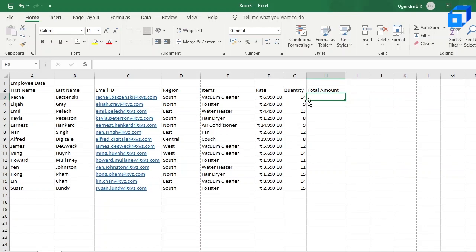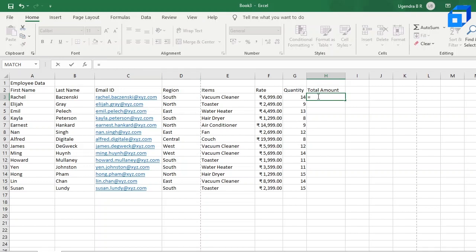Now to calculate the total amount, we need to multiply the rate with the quantity. That can be done easily using Excel. To use any particular calculation in Excel, you need to start with an equal to sign. So that's equal to sign. And keep in mind that whenever you add any value to a cell, this is where you get the value here.